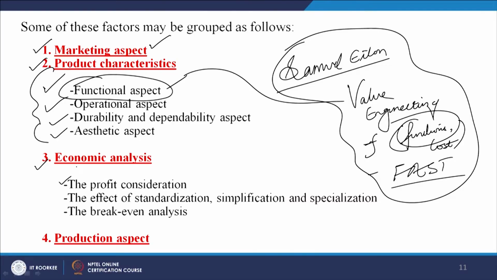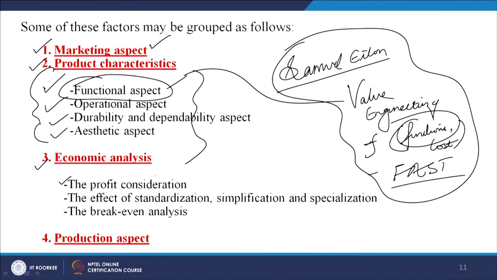Once our characteristics, or our spectrum of characteristics, is finalized, we go for the economic analysis. In economic analysis, we see the profit consideration, which we will definitely cover, because each and every company is doing business in order to make money. So how the profit can be increased for any organization, that is important. When all these characteristics are taken care of, obviously the company will like to see how and when we can make the profit.